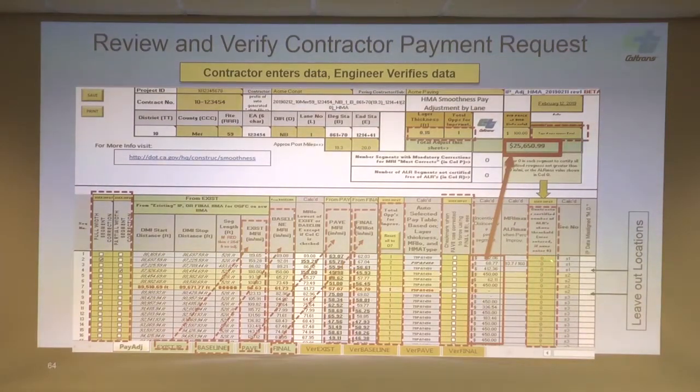Okay, so this yellow column over here is where the contractor's got to put zeros to indicate that there's no ALRs in each one of these segments. Every row is a 10th mile segment. If he doesn't put a 0 in there, or he puts something else in there, this text is going to get struck through and he's going to get a non-compliant up here.